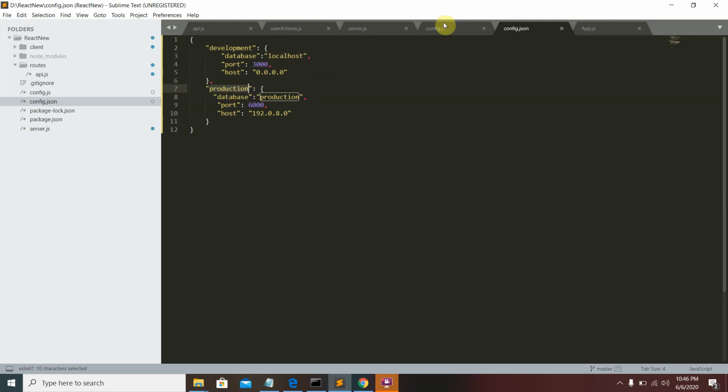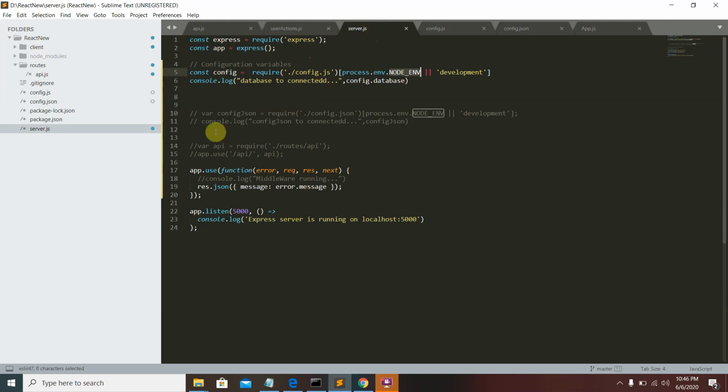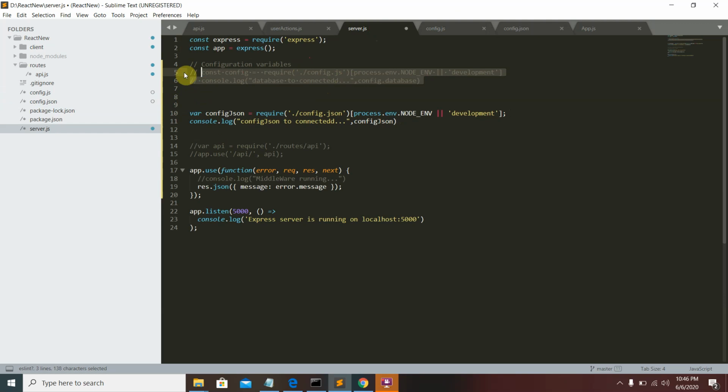In the server.js file, I require this config.json, with the same setting: if we are running using production, then it should be the production object, otherwise it should be development.